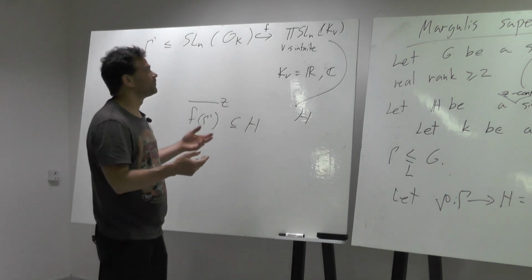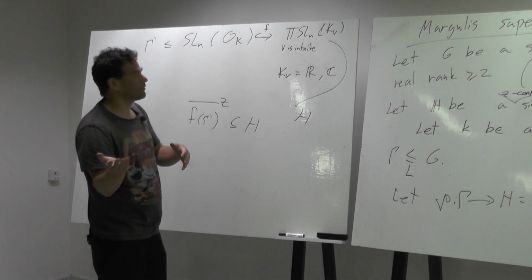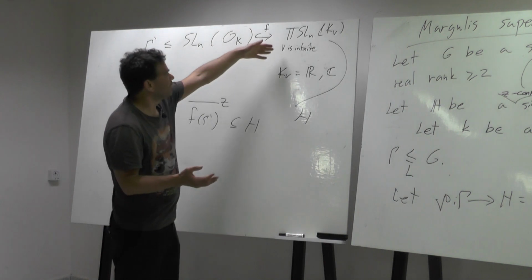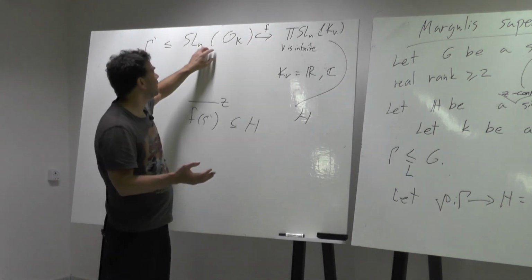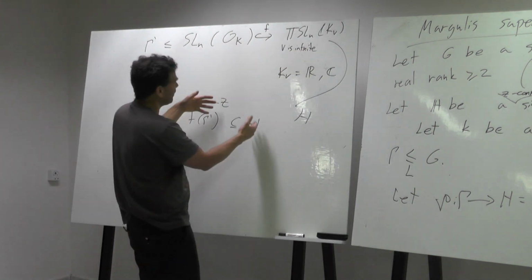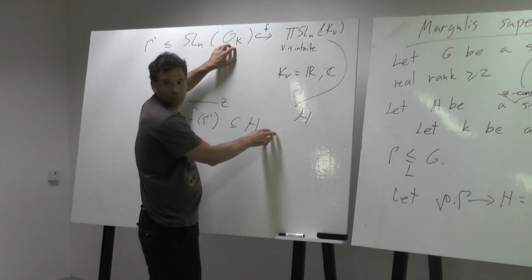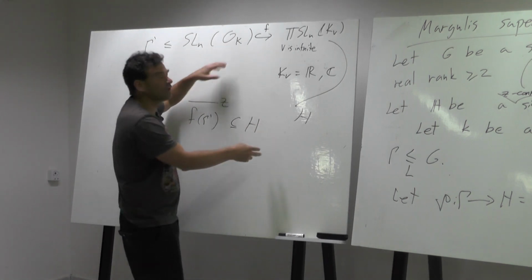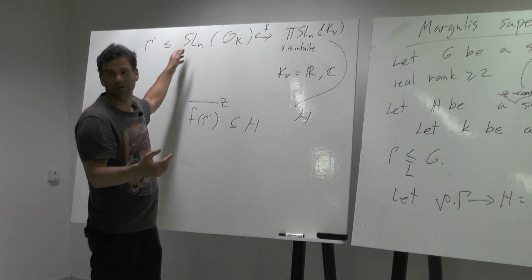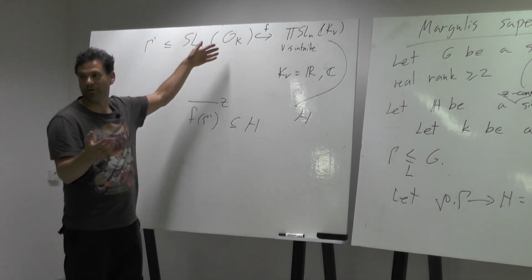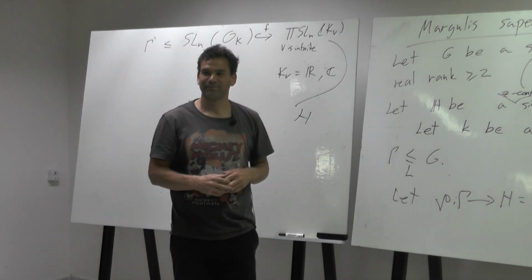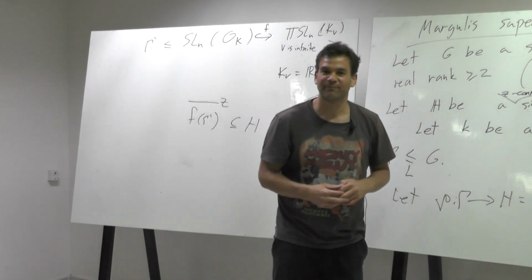And by what Gil described yesterday about restriction of scalars, this is exactly the restriction of scalars, and SL_N(O_K) sits inside H(Z). When you do the restriction of scalars, O_K goes to Z, and a priori you don't know it's finite index, but since you know it's finite volume, it must be of finite index. I think I said all the details, but a bit fast.